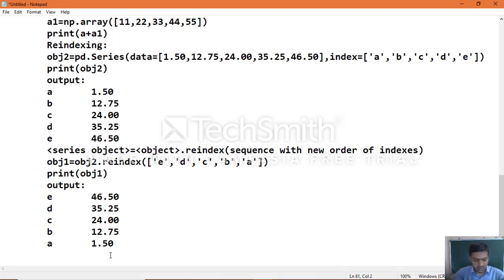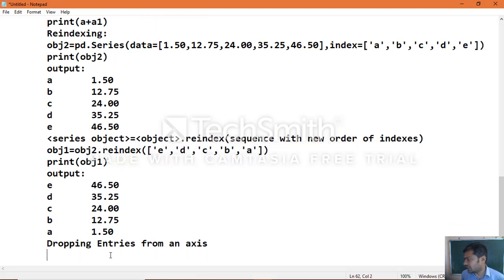Another one is dropping entries from an axis. So how can we drop a specific index value? Sometimes you do not need the data value at a particular index.